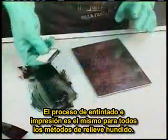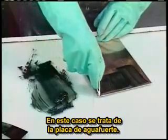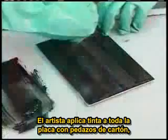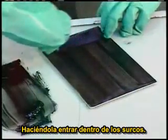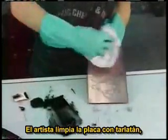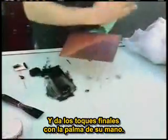The inking and printing process for all intaglio methods is the same. In this case, an etched plate is being used. The artist applies ink to the entire plate with cardboard squeegees, forcing it into the carved lines. The ink remaining on the surface of the plate must be removed. The artist wipes it with tarlatan, a type of cheesecloth, and does the finishing touches with the palm of his